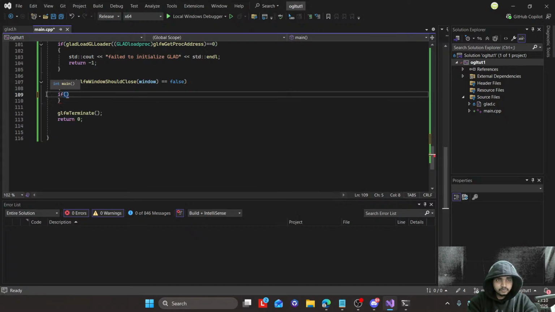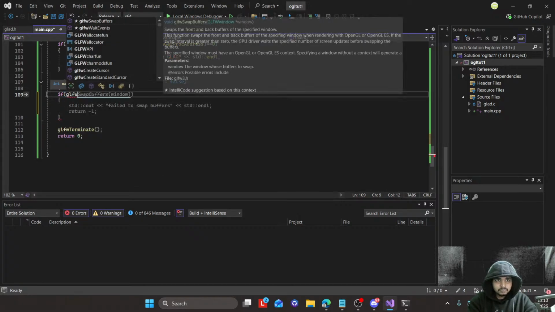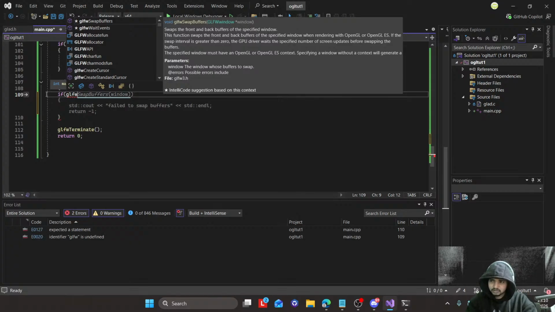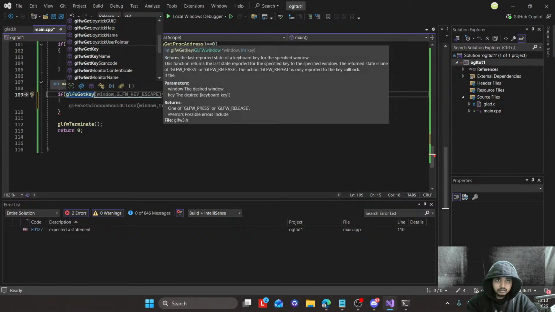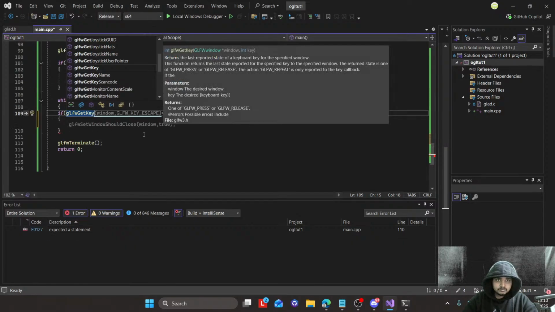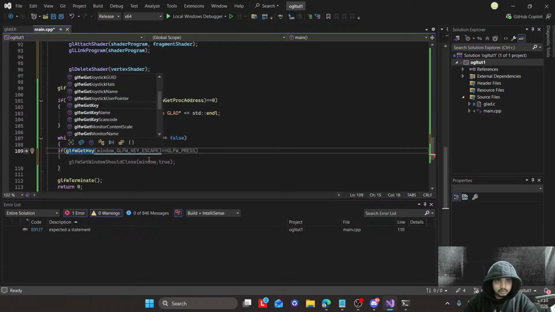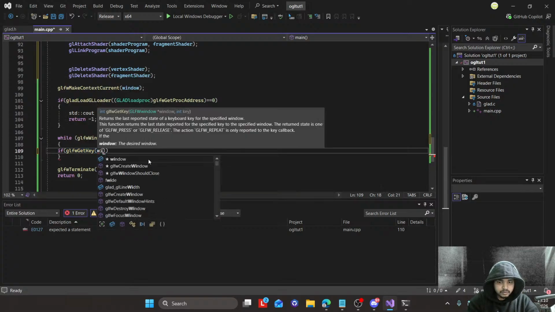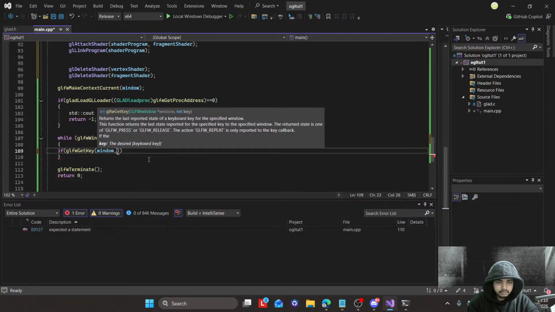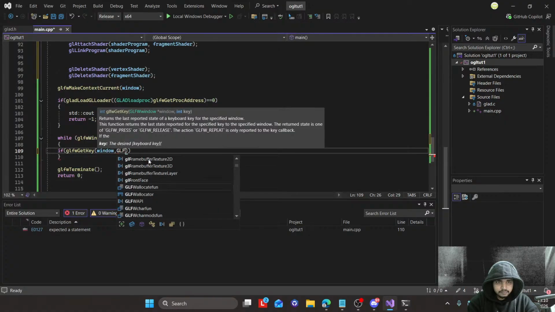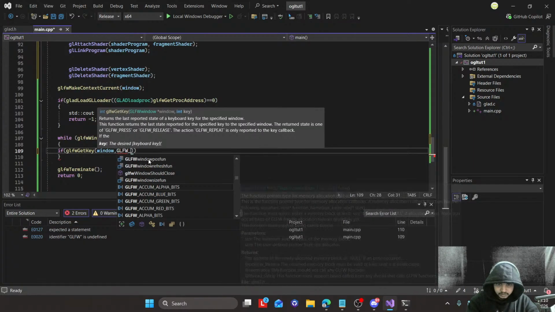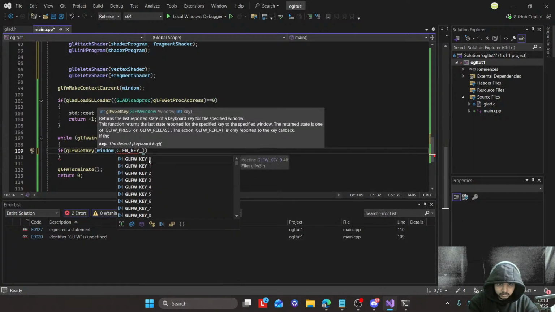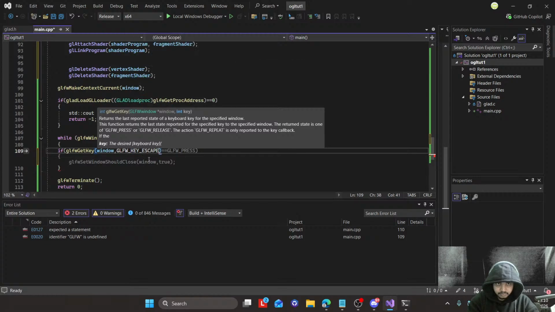If glfwGetKey, window pointer, and GLFW_KEY_ESCAPE,